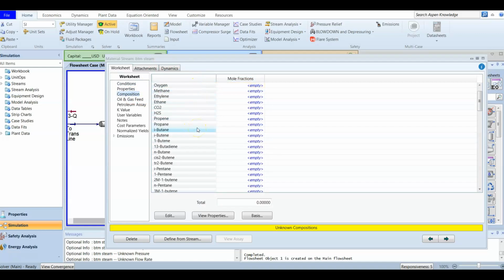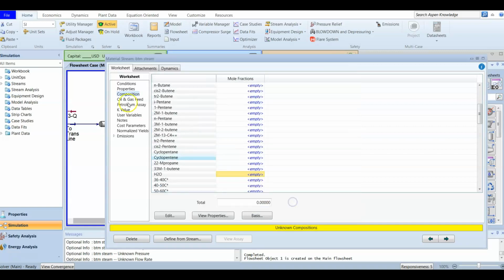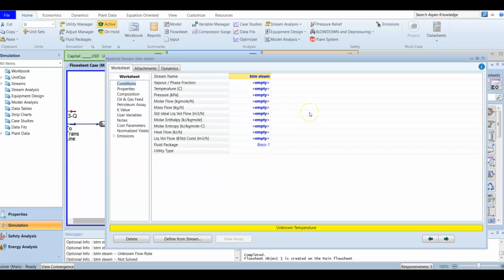A lot of times I find it difficult to find the water composition. Okay, this is water, so I will add 1 here. So this is our composition, and for our conditions, we are given the vapor fraction. It's a steam, so the whole stream will be vapor, so the vapor fraction will equal 1, and we have a pressure of